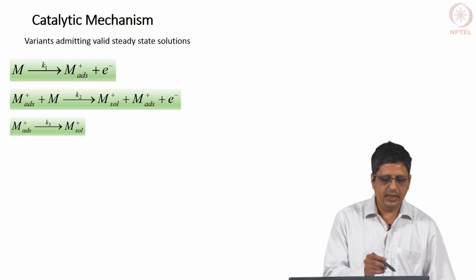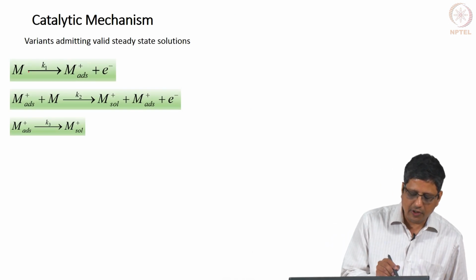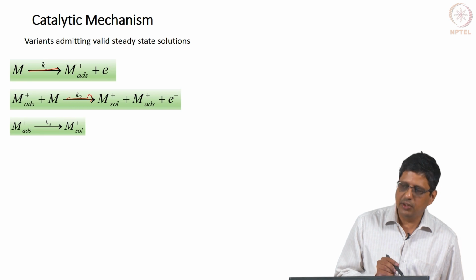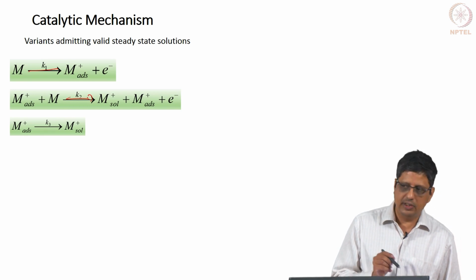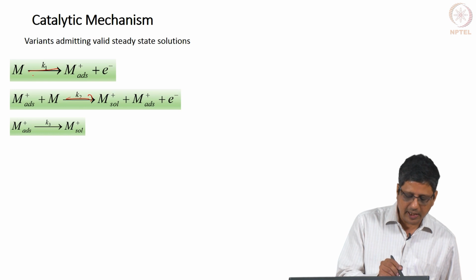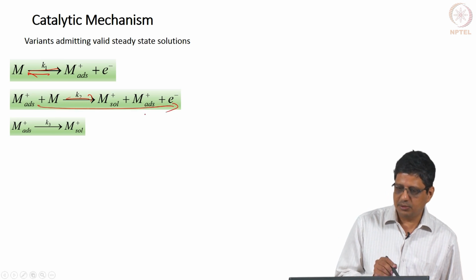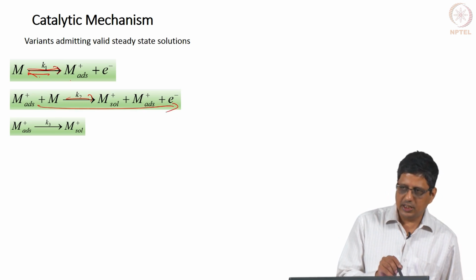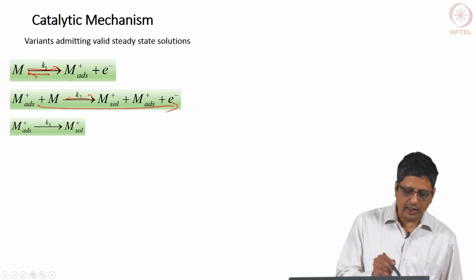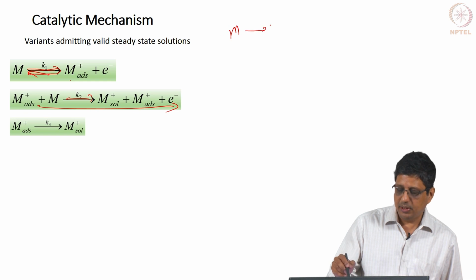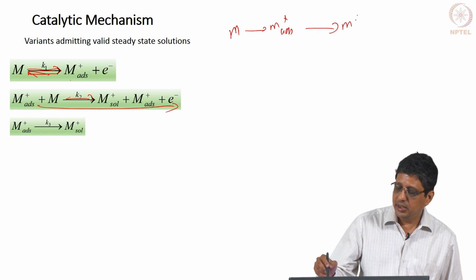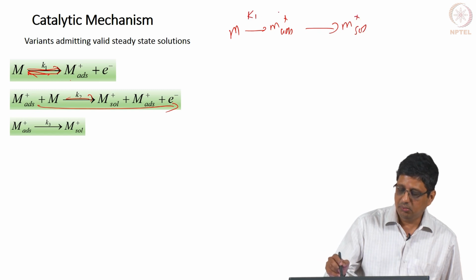Another variant, it is just one example I have shown, where if you have the forward reaction and the second step, that does not give you a valid steady state solution with non-zero current. If I make it reversible, I basically have to produce a metal site. This does not consume adsorbed species. The forward reaction only produces adsorbed species. I can consume it by making it reversible. I can say M becomes M adsorbed, and it can go into solution as a normal step.